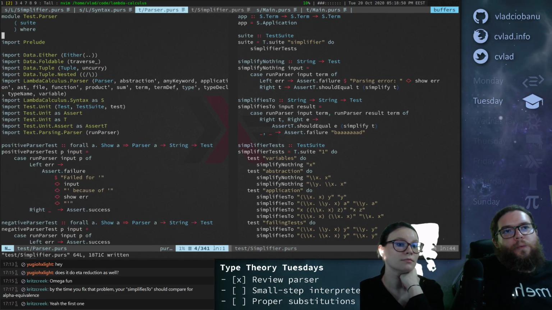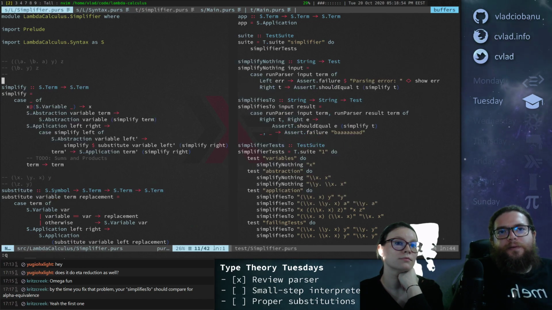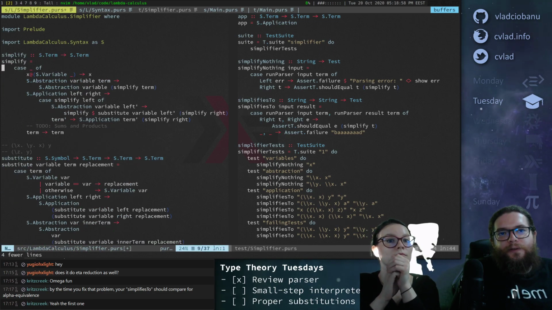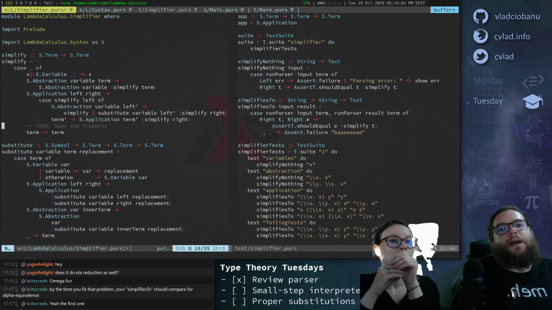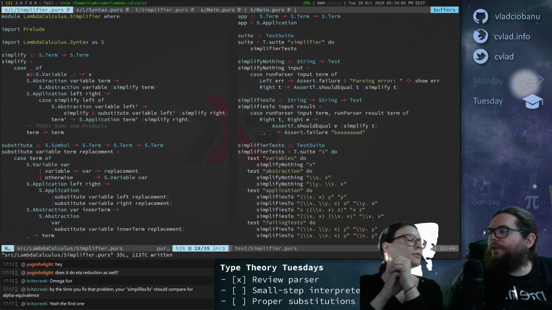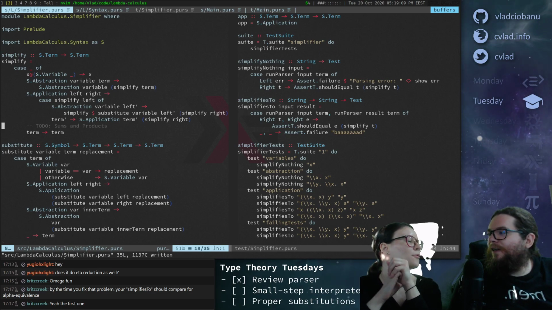Okay, so let's see, is this the simplifier code? Yeah, this is the simplifier code. I don't think we need these comments anymore because we have a lot of tests, oh wait, we have this still that we need to do. So what do you think is more interesting? The substitution. And then I can do this on my own or something. On your homework.